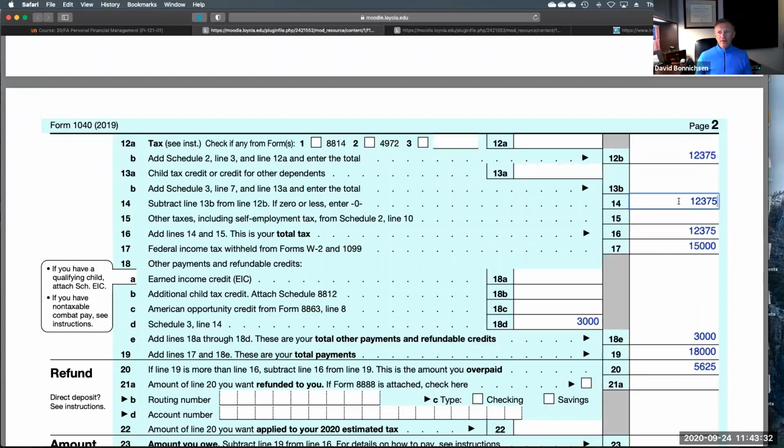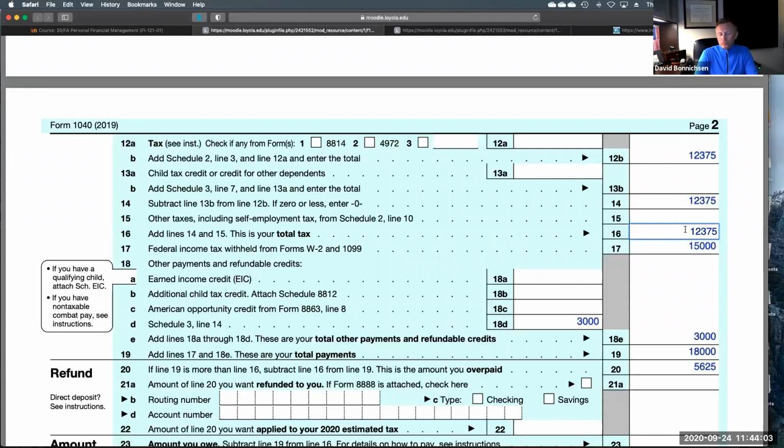So when we get down here to line 14, it tells us subtract line 13B from 12B. So 13B is 0, so therefore line 14 is $12,375, only the tax that's owed. Okay. We don't have any other adjustments to income, to the other taxes, excuse me. So therefore, our total tax that we owe is $12,375, right? We did it. Right? We used the marginal tax tables to calculate how much tax was owed based on our